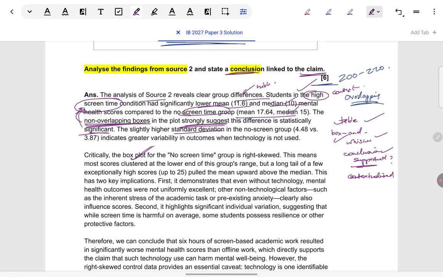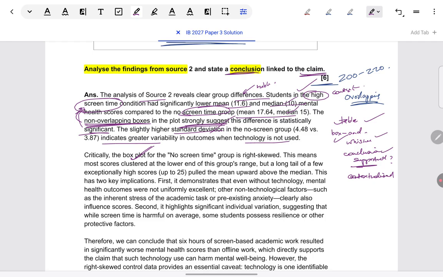So, definitely there's a greater variability. I had pointed that out on the table also. When technology is not used, there is greater variability. There's nothing to assess further in this. It's not a very drastic difference that we can say the variability is so broad that we need to reconsider whether the differences might be only because of chance. So, there's no further comment, just making sure to mention standard deviation.